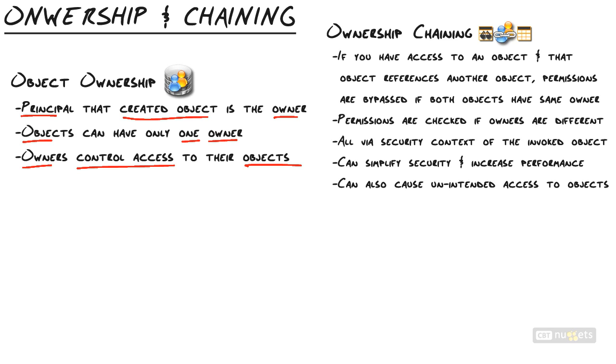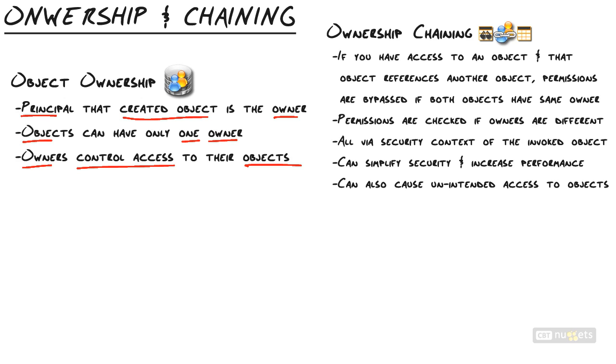And let me just go through the definition, and then I'll give you a visual on how this works. So ownership chaining is basically saying that if I have access to an object and that object references another object, so say I created a stored procedure, that stored procedure selects from a table. Well, permissions are going to be bypassed if both of those objects have the same owner, no matter who is executing the stored procedure. So if I give permission for someone to execute my stored procedure and they don't have permission to that underlying table, as long as I own both the table and the stored procedure, it's going to